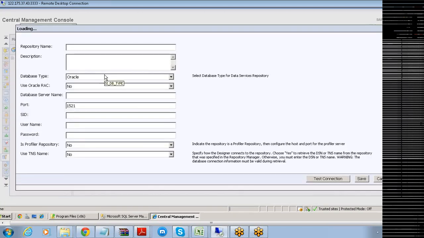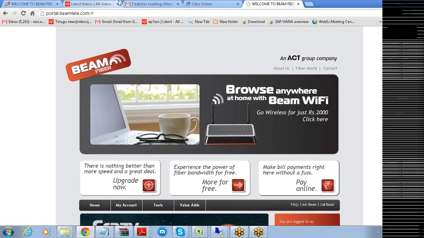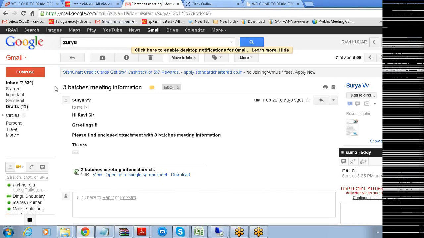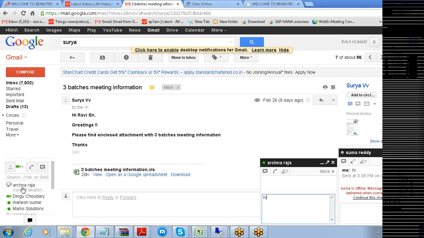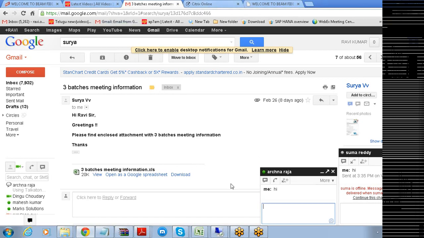You select configure repository. What is the name of the repository here? Elva, what is the name of the repository we have used here? Can you please tell me? HANA underscore integration. Yeah, true.